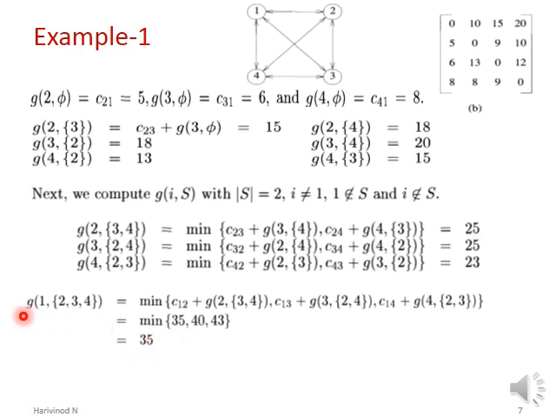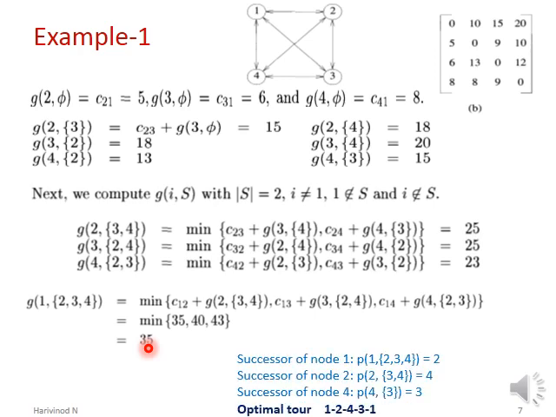So the solution for the traveling salesman problem, that is the minimal cost path by starting from 1, visiting all the vertices and coming back to 1, is 35. Now the question is how to get the path. We have the cost now. The path information we don't have as of now. So how to get the path? How to get the tour? That is got by backtracing. Just identify how this 35 is got.